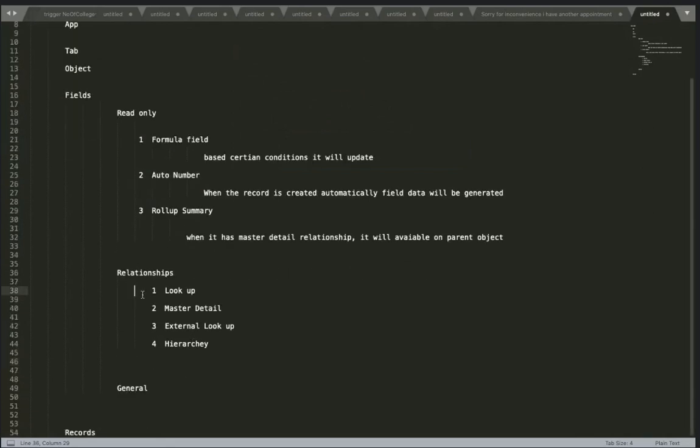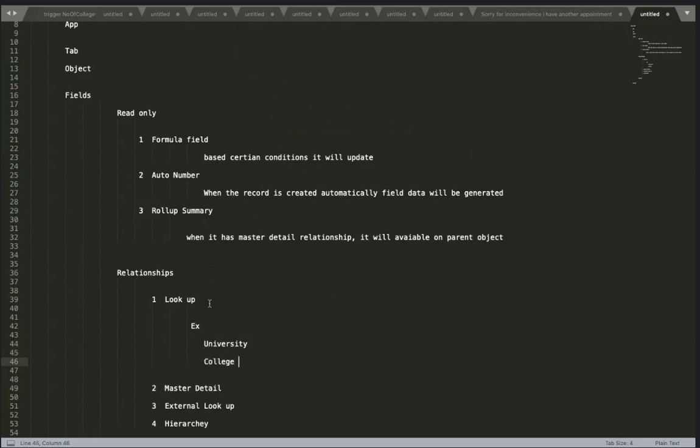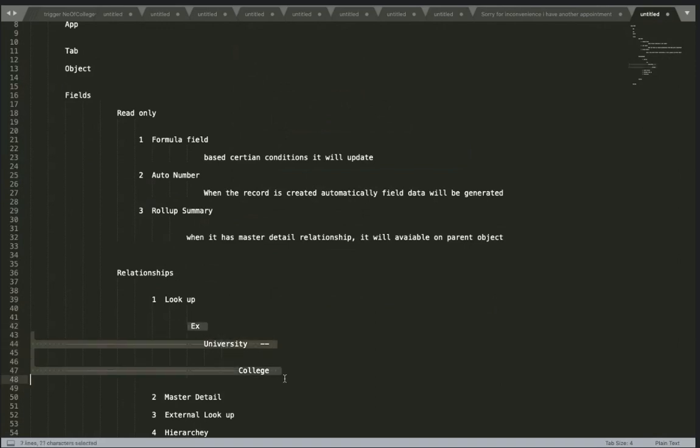These are the four ways relationships we have. Let me talk a little clearer about these things. Lookup is like an object. For example, you can think there are two objects, one is university, another one is college. So college will be the child for the university, right? College definitely will be the child for the university. It means one university can have multiple colleges. In this case we can create either lookup or master. We can do both. This is the same example we can achieve from the master and